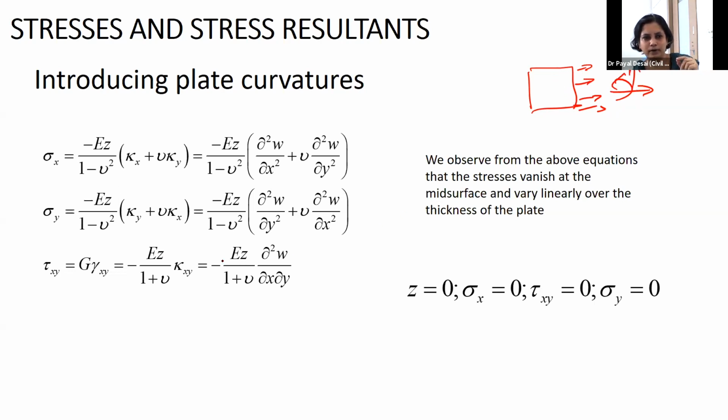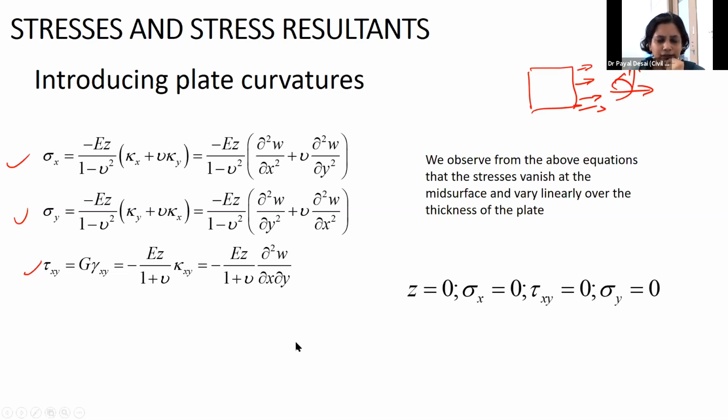So sigma x, sigma y, tau xy are the stresses. One is shear, these two are normal in case of plate. When you integrate the stresses, you get the stress resultants, and we call them either moments or twisting moments. It is the equivalent force that I need to replace in place of stresses. So there is a significance, because I want moments also. So what I do is, I have already related my stresses with the curvature and the displacement.